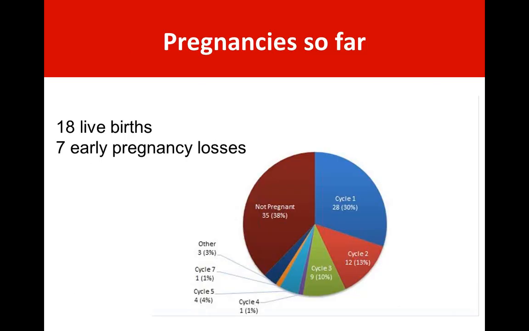All right, let's talk about pregnancies. So far, we've got 18 live births, 7 miscarriages or early pregnancy losses. This is about what we'd expect based on what people report about the proportion of conceptions that turn into miscarriage. And it's kind of exciting because we're getting to the kind of numbers, once we wrap up enrollment, where we could